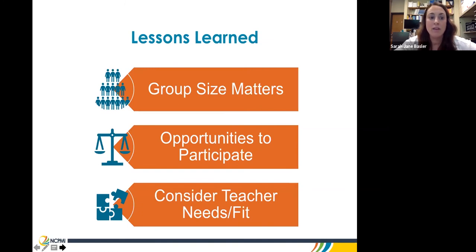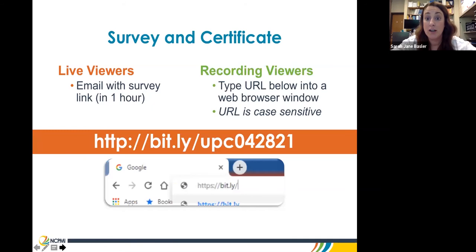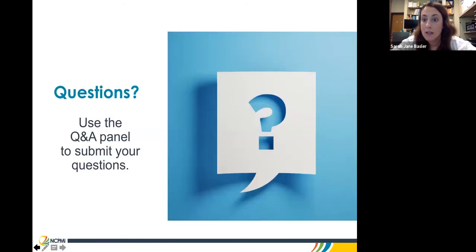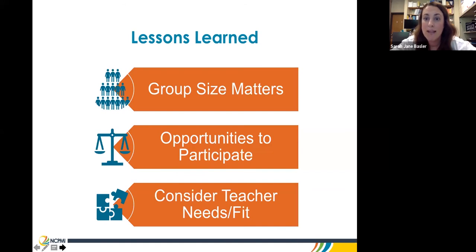And you want to make sure that you provide opportunities to participate. In a group context, you really have a variety of personalities. And you might have members that want to share but don't really get a chance to, because maybe you have a member that's really sharing out. So you just want to make sure that you give everybody an opportunity. We made it a group norm. We called it step up, step back. So step up and share, but also be aware that there might be other people that want to share. And so you might build that into a group norm.